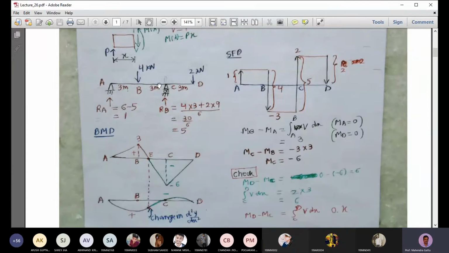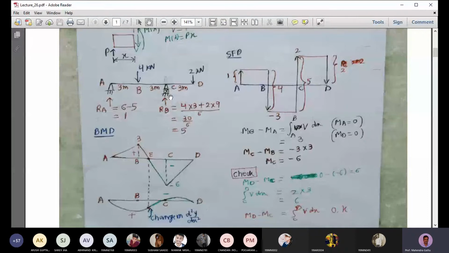We have a beam with an overhang, and AB, BC, and CD are equal to 3 meters. A point load is applied at B, and a point load is also applied at D. What we can do is draw the shear force diagram and bending moment diagram, and then sketch the deflected shape just qualitatively. We will not know the values since we'll just look at it in a qualitative manner.